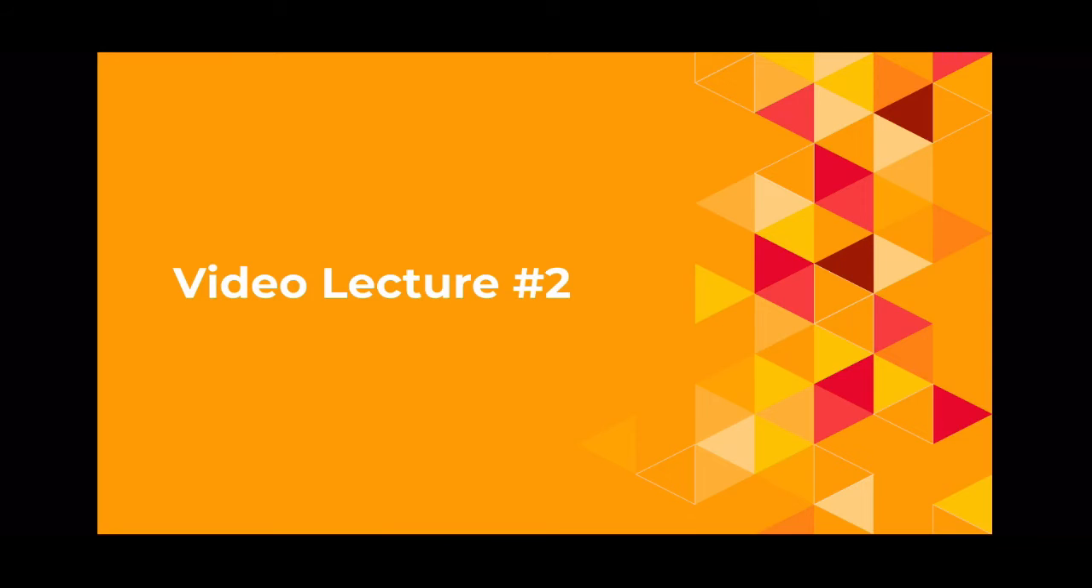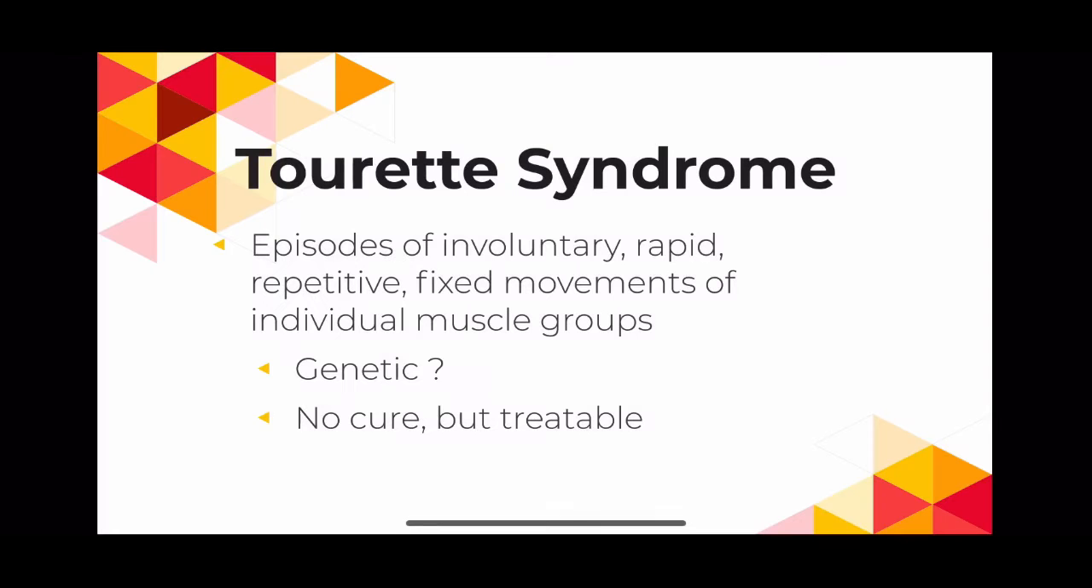In this video lecture, we are going to take a look at more brain disorders, including Tourette Syndrome, Narcolepsy, Parkinson's disease, Huntington disease, migraines, and headaches. So the first disorder we are going to discuss in this video lecture is a tic disorder known as Tourette